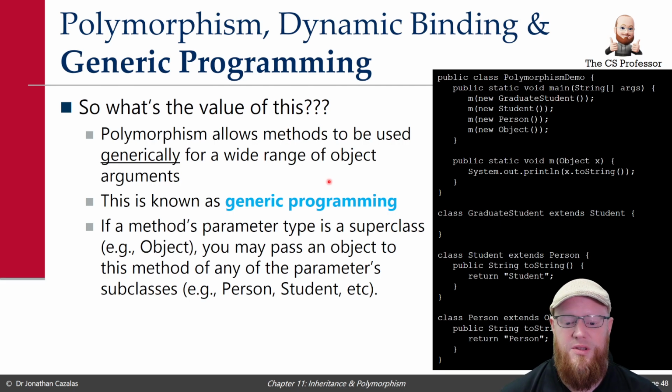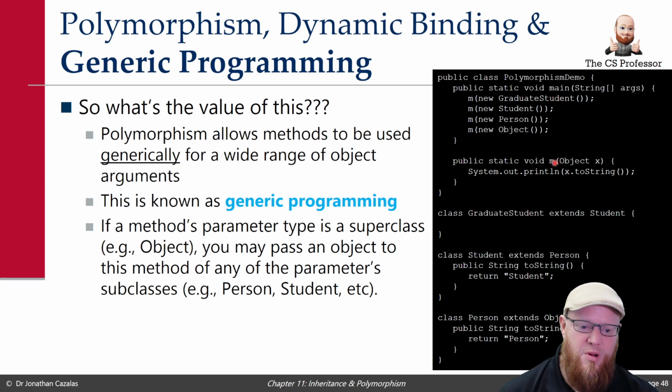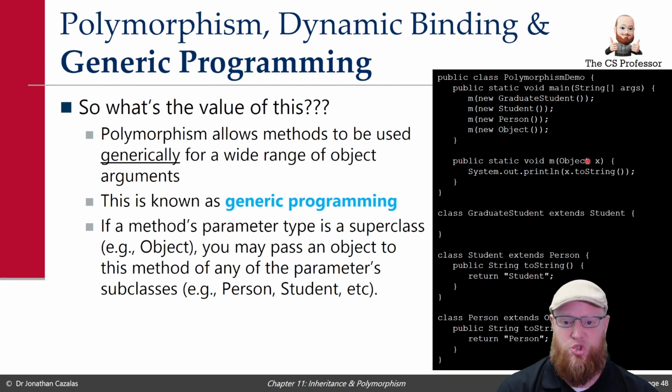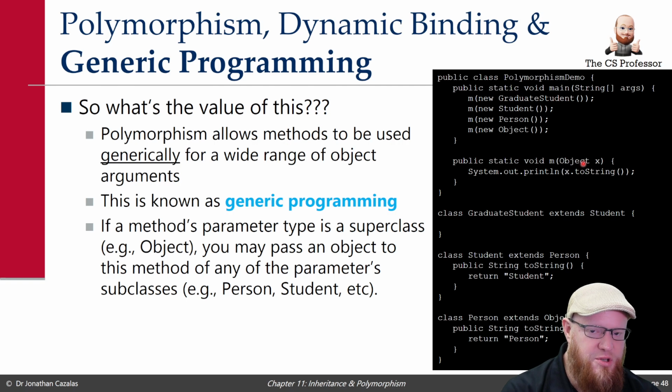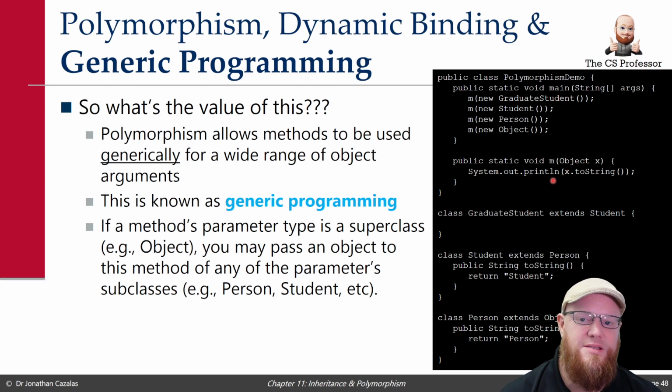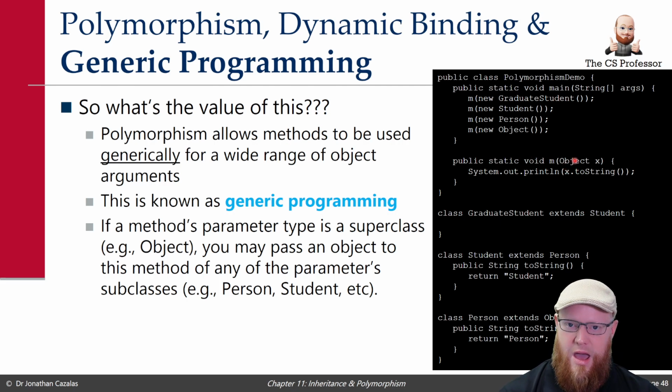If a method's parameter type is a superclass, right? So here, the parameter type of method M is a superclass. It's the superest of superclasses here. It's the object, right? That's the data type here. The consequence, and this is a good consequence, is you can pass to this method an object of type object, or any of its subclasses. We can pass to here a person, a student, an undergraduate student, if we had such a class, a graduate student. So we can pass to method M an object of type object or an object of any of its